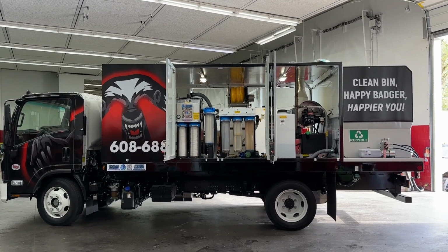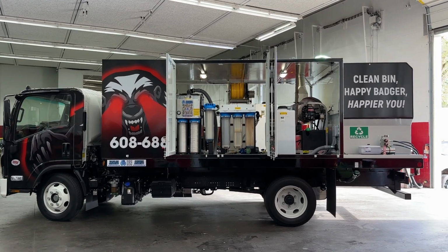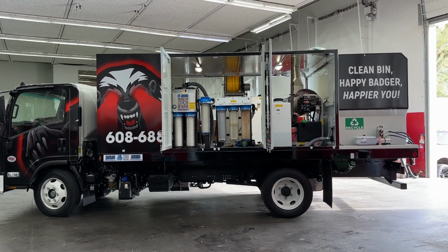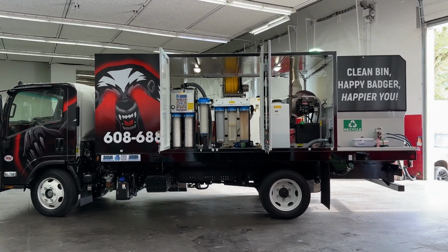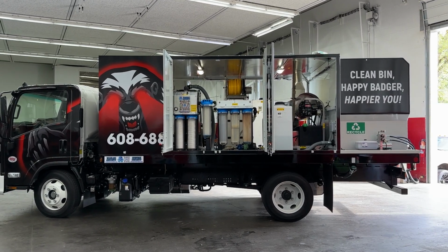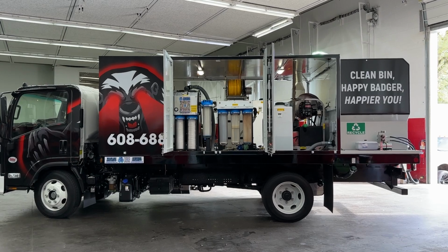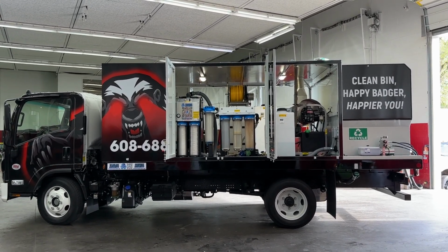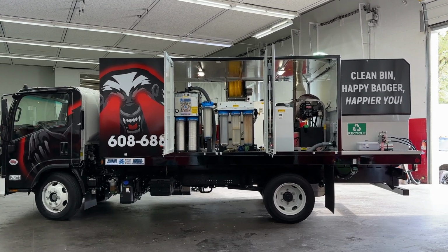We have clients that have cleaned 7,000 trash bins in 14 days at a waste facility. We're talking about tens of thousands of dollars in less than 2 weeks. Most of the time that's anywhere between a $60,000 to $80,000 job. So this has full wastewater recycling, wastewater filtration, an on-truck wastewater processing system that actually results